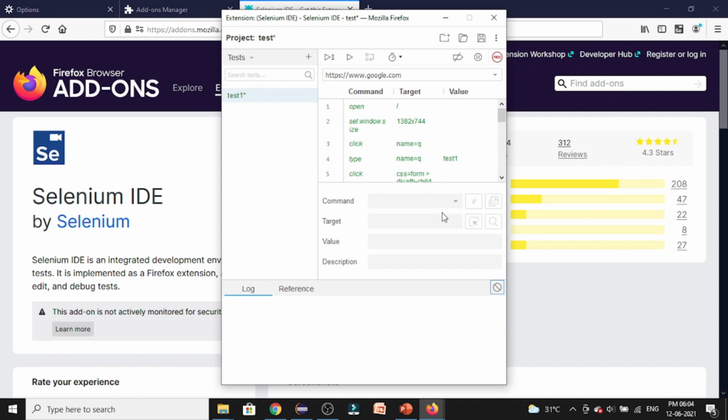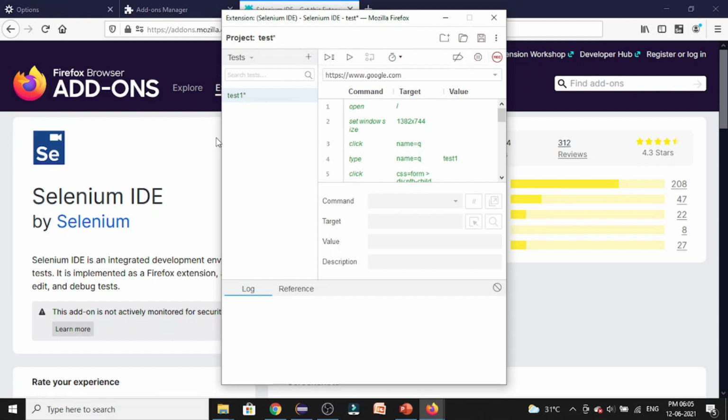So we have recorded our script successfully using the Selenium IDE. Now let's play it back. As we discussed previously, it has the capability of recording and playing back the scripts whenever required. For playback, you have this icon. If you scroll here, you can see it as run all the tests. That means here we have created one test with the name test 1. If we want, we can create a new test using this plus symbol, which shows add new test.